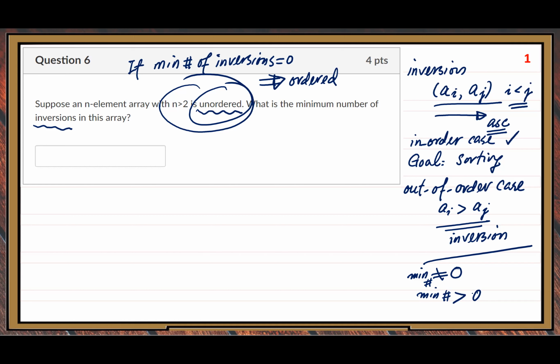But next, minimum number of inversions. Here, I would like to give you two similar versions, for comparison. This is version 1, this is version 2. The condition is the same as given in this question. But the question is different. Version 2 question: